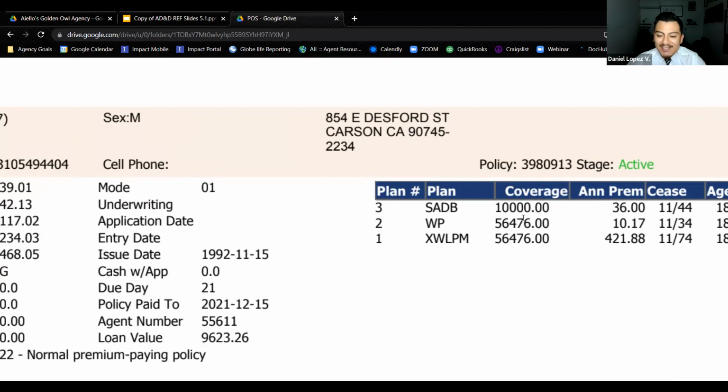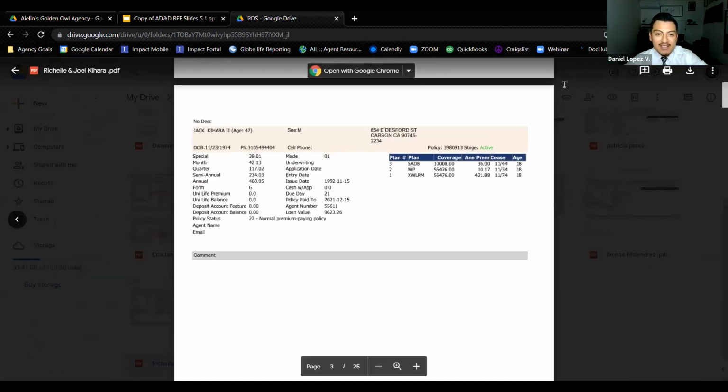So it won't be nicely laid out. Your job is to do it before you meet with the client, find out what they have so you can actually go over it. Okay. So I'm glad you guys know how to read that now. Cool. We're going to go over exactly how to read it another time.